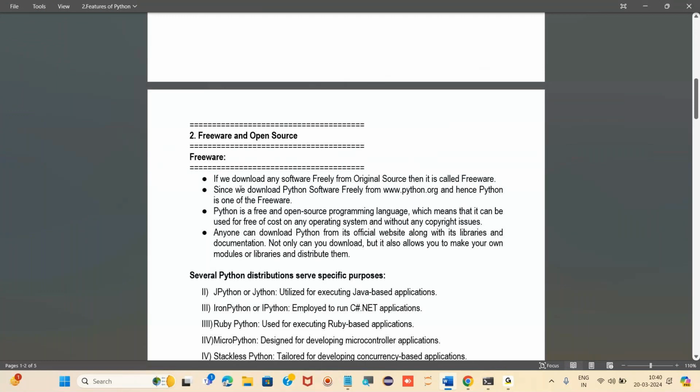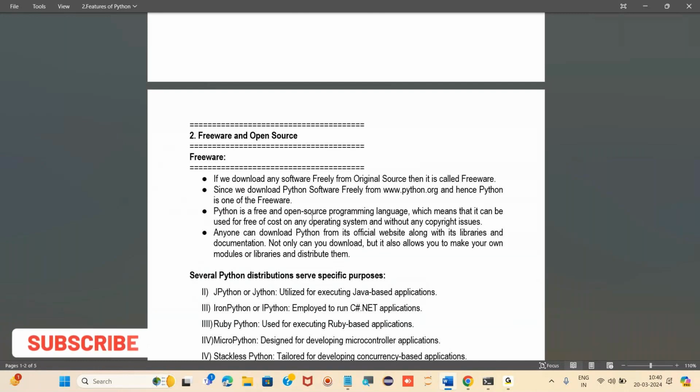And what is open source? Open source is when we can easily move our software or application written in Python and use it in other software also. If we can use the same programming in other software, if it is freely moving, then it is open source.